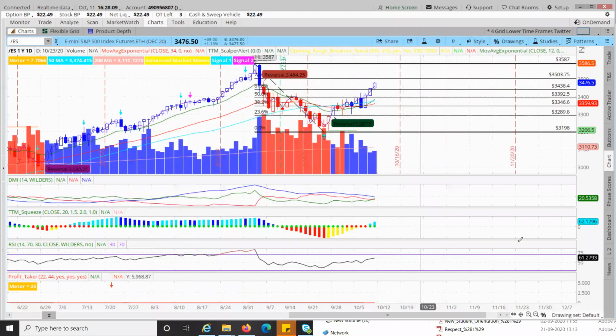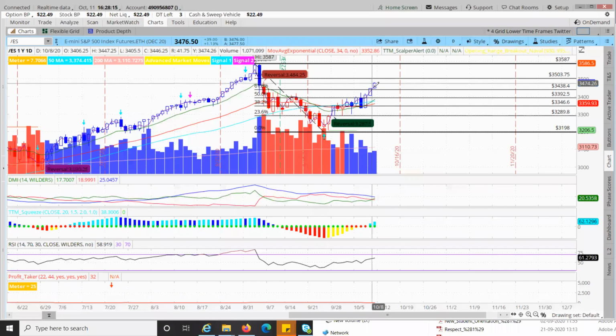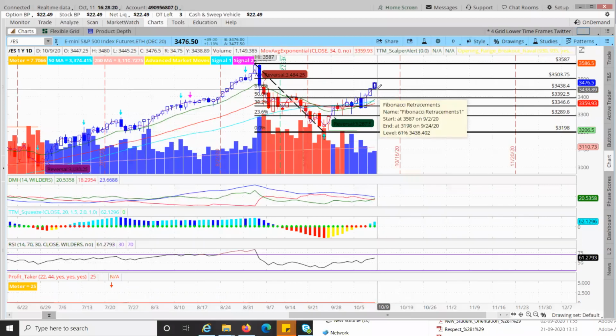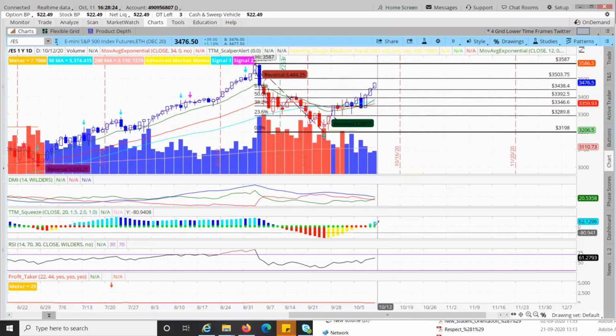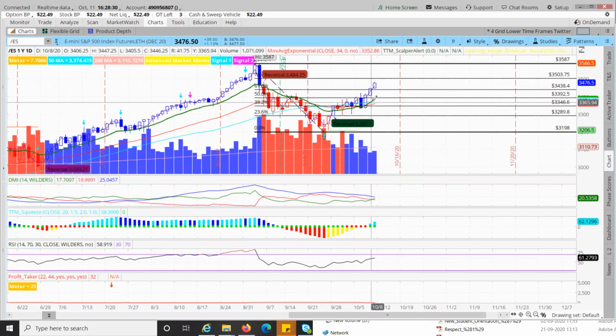Okay. So at this moment, I'm looking at the market. Friday, it closed right here. So I looked at the market. I see it closed about 61.8, which is a good sign. The trend has changed to plus. RSI is moving up.